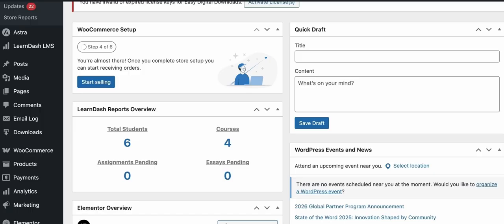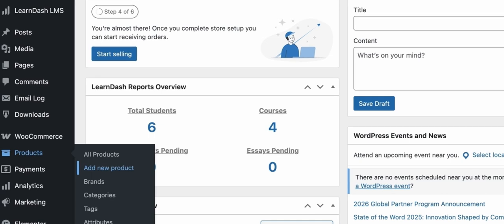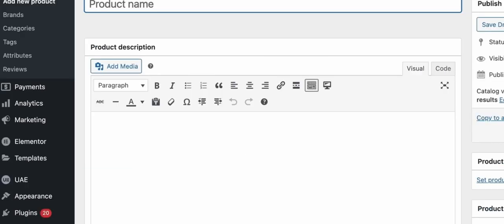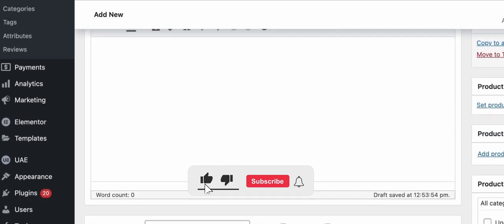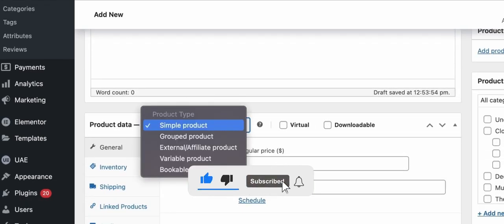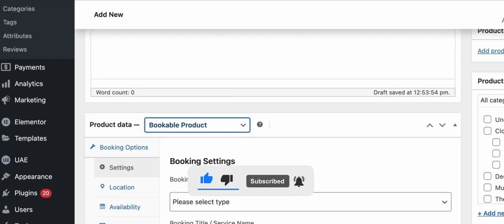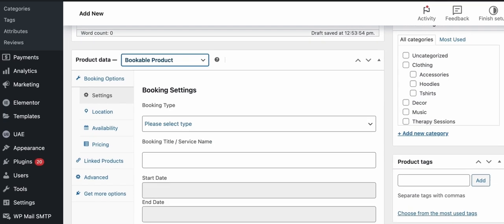Step 2. Develop your bookable product. Now, let's develop your consultation product. Navigate to Products, Add New in your WordPress dashboard. Give it a name, such as Virtual Nutrition Session. Next, change the product type from Simple Product to Bookable Product. Under Booking Options, choose